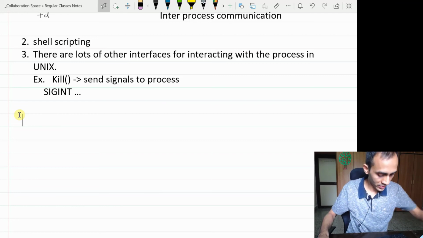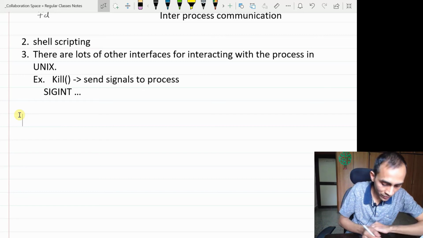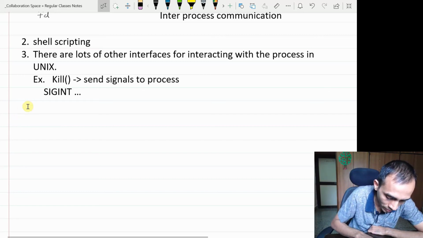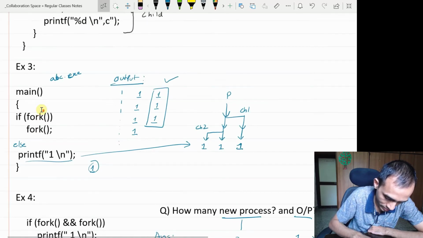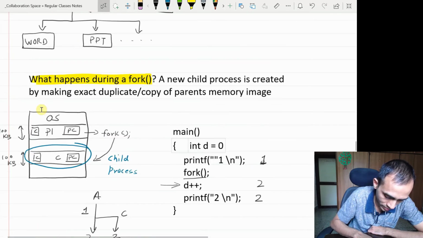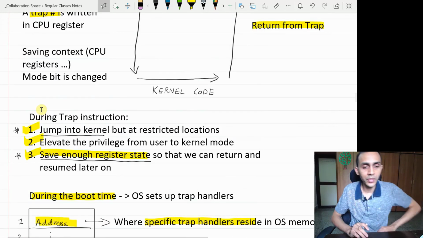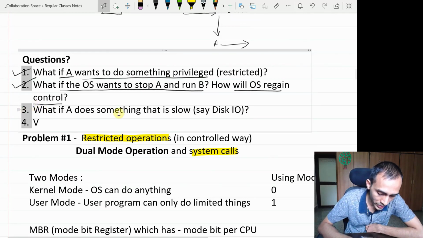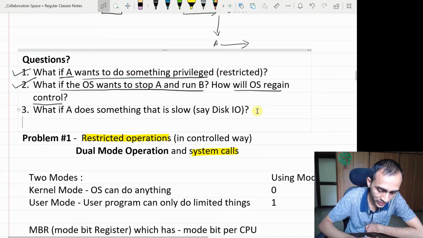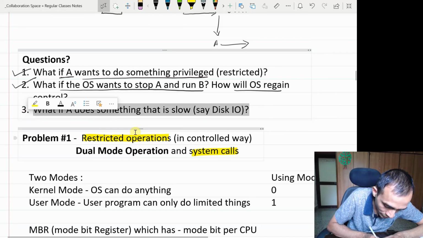The next thing that I'll discuss in brief is what we are going to discuss in the next class. As I said, there is one of the problems we did not discuss. We discussed the first two problems while discussing the mechanism, I think long back. The third question: if A does something slow, or if it goes for a disk IO or something, what should be done? We paused that to complete this API topic because I had to give out this lab assignment also. But our next topic is exactly going to be that.